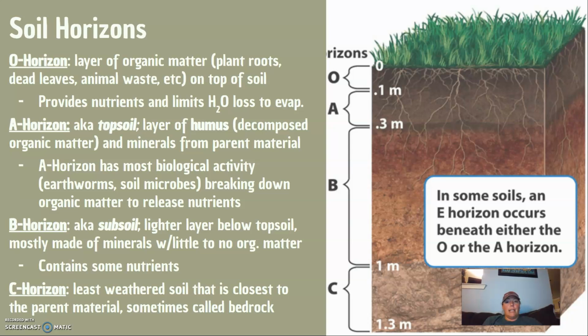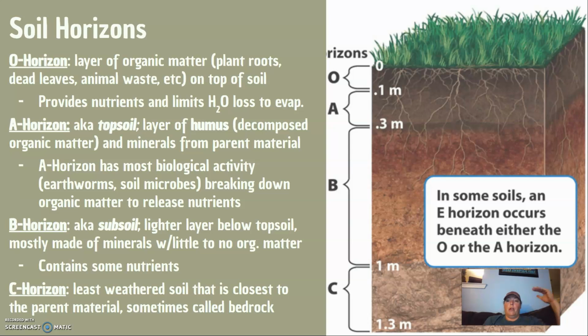The A horizon, or what we call the topsoil, is the mature humus. It's the completely decomposed organic material and the minerals from the parent material. So that top layer of organic matter, that's like immature humus. It's not broken down yet. The A horizon is the topsoil. That's your mature humus that's completely broken down. You've got minerals from the parent material that's coming up, and you have